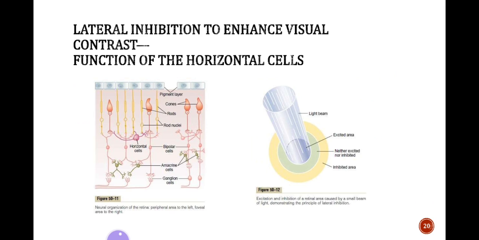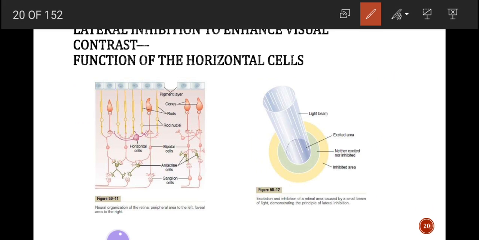As shown in the diagram, you can see how the horizontal cell works. It has lateral connections between the synaptic bodies of rods and cones, as well as connecting with the dendrites of the bipolar cells, as shown in the diagram. The output of the horizontal cells is always inhibitory. Therefore, this lateral connection actually provides the lateral inhibition that is shown in this figure.